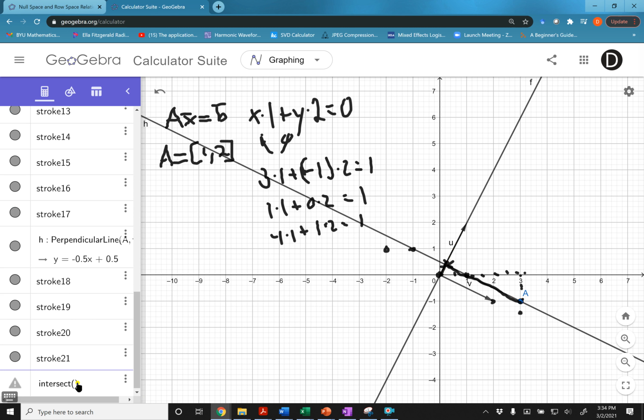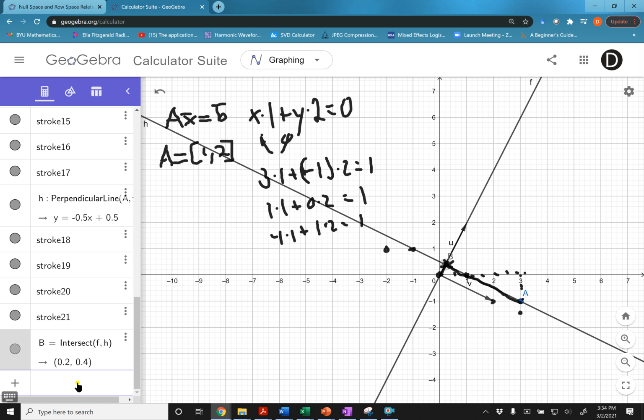If I remember, F and H. Okay. And that is 0.2 and 0.4, or 1/5 and 2/5. So the only thing we really care about in this situation, or what the output will be, the only important part of A on the output is that it's 1/5 and 2/5, or 0.2 and 0.4